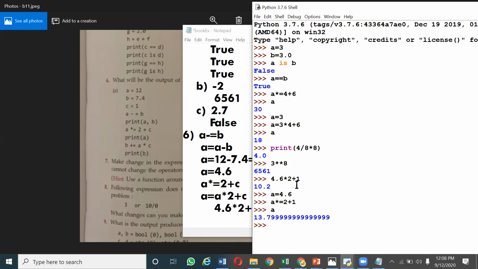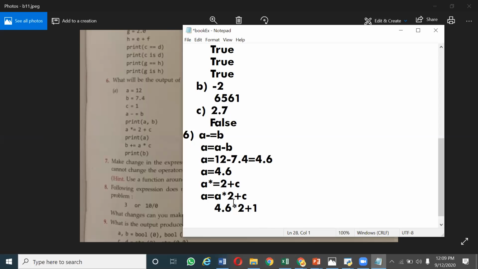Why? Because when you have the shorthand assignment operator, it means A is multiplied by 2 plus C. So you have to evaluate 2 plus C first and then multiply with A. 2 plus 1 is 3. 3 multiplied by 4.6 is 13.8.